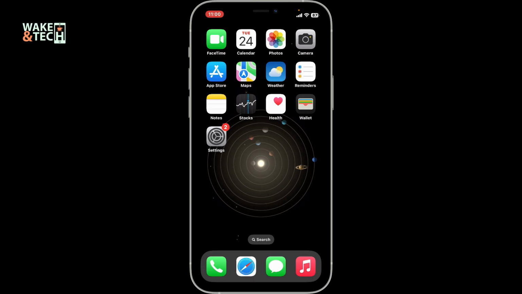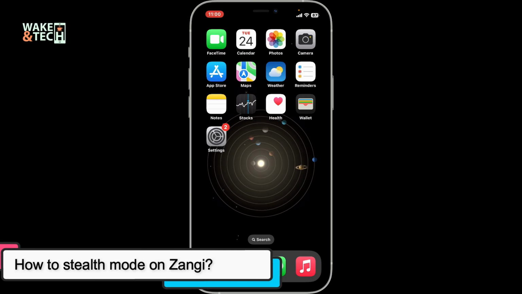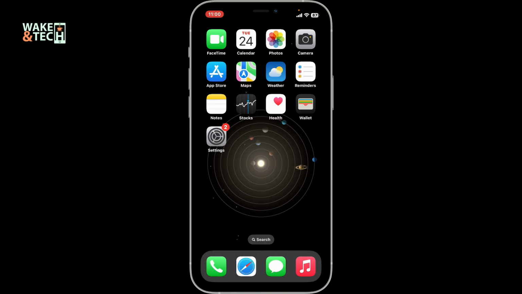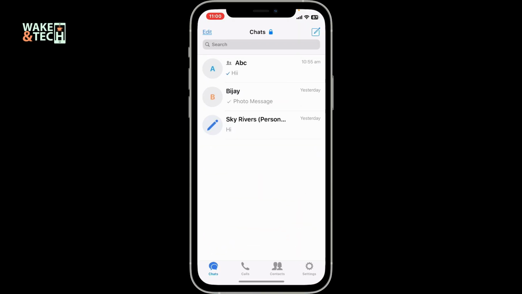In today's episode, we will be learning how to enable stealth mode on Zangi. To enable stealth mode in Zangi, first of all open the Zangi application on your mobile device and log into